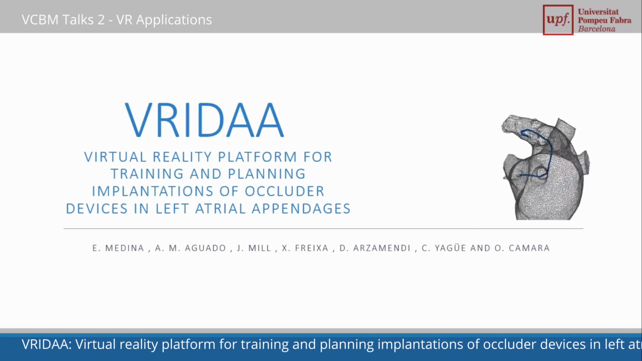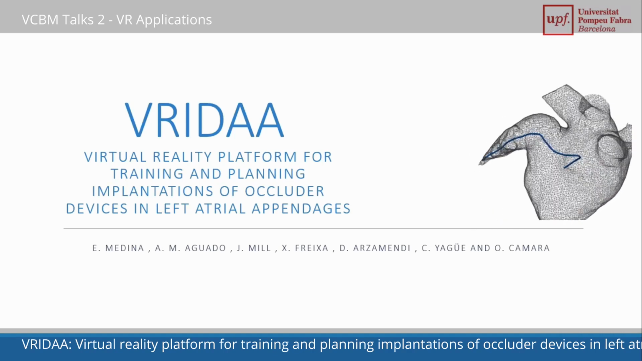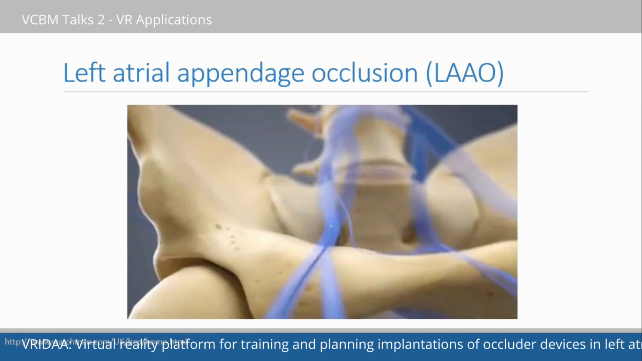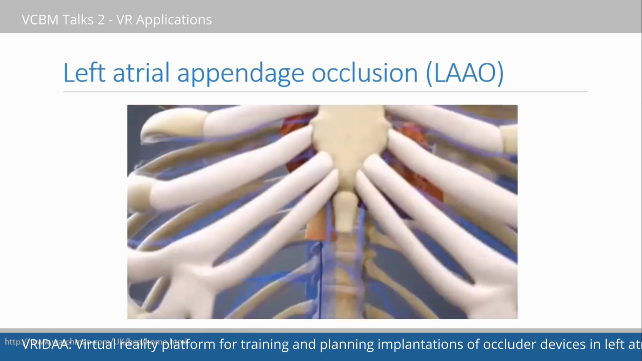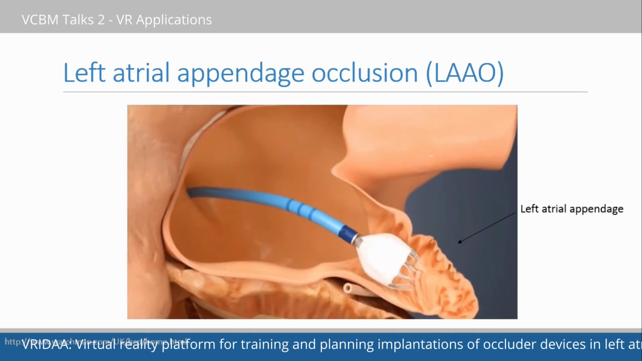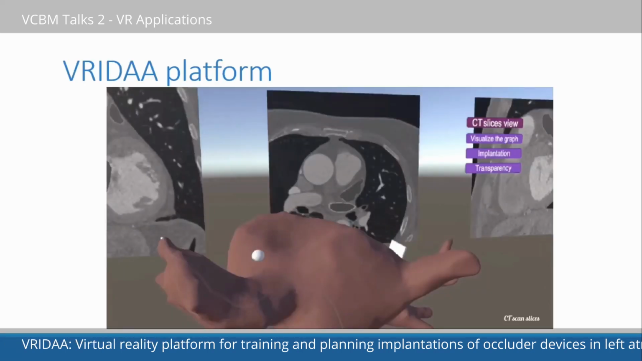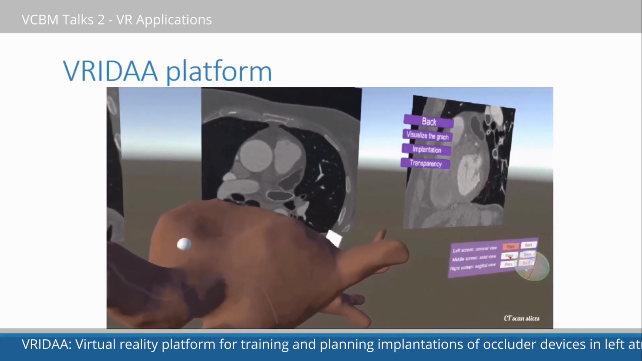Virtual reality platform for training and planning implantations of occluder devices in left atrial appendages. The left atrial appendage occlusion is a surgical process that involves implantation of an occluder device in the left atrial appendage. The VRITA platform allows planning the implantation of an occluder device with the help of other platform functionalities,